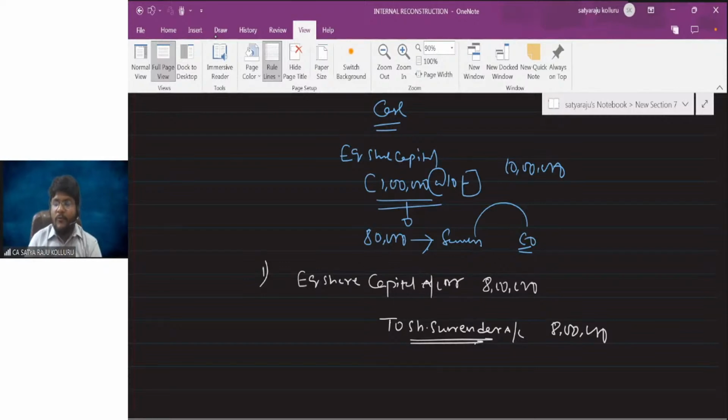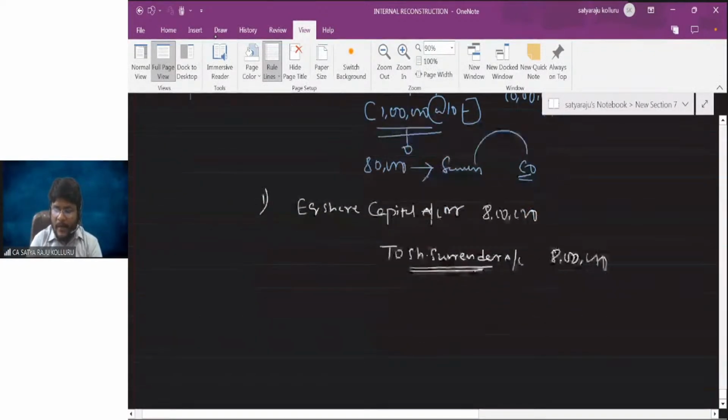That's why, whenever shares are surrendered by the shareholder, the company will not immediately go for cancellation. Such shares are just parked under one account, the share surrender account. The physical shares also exist in the company's account only, but such shares are not issued to any party. Such shares are lying in the company's hands. Okay.